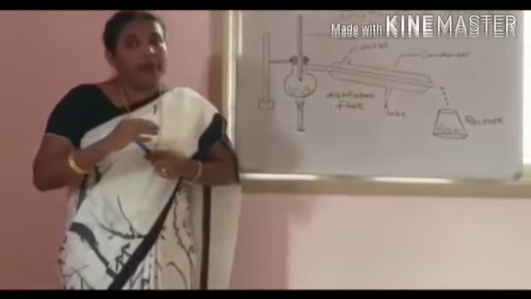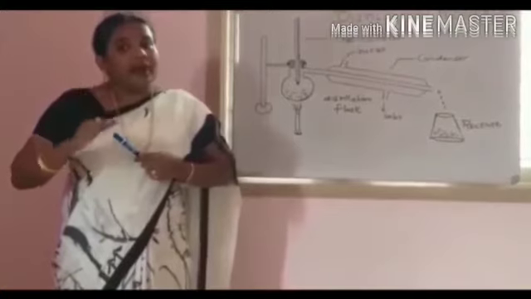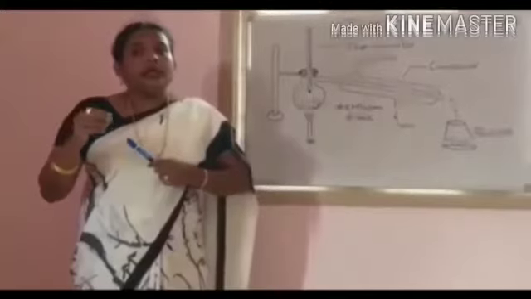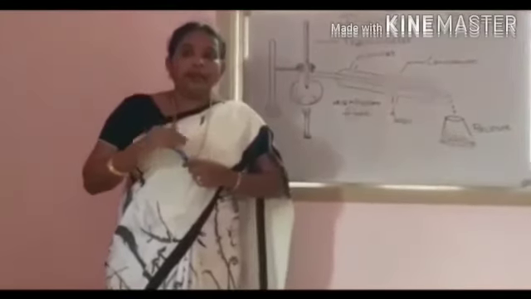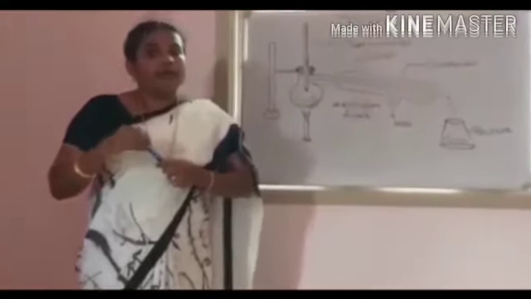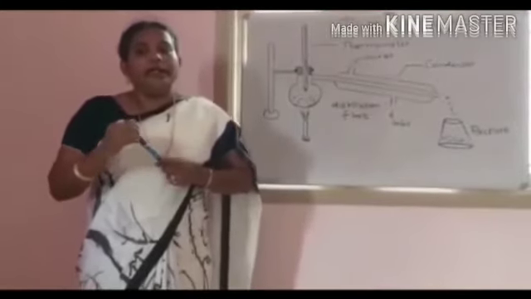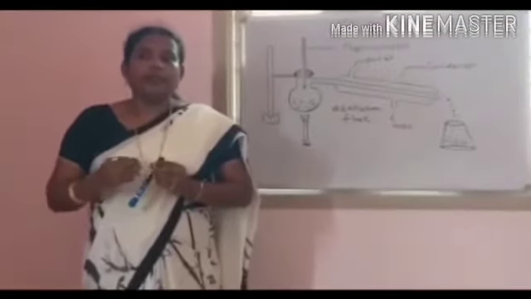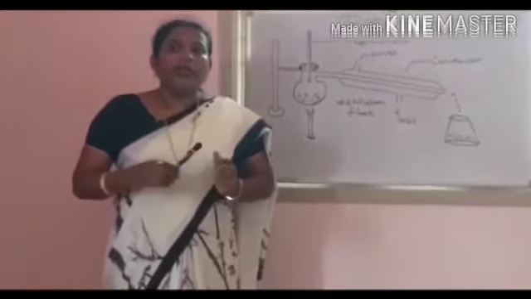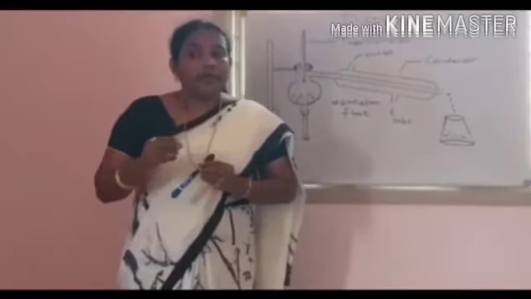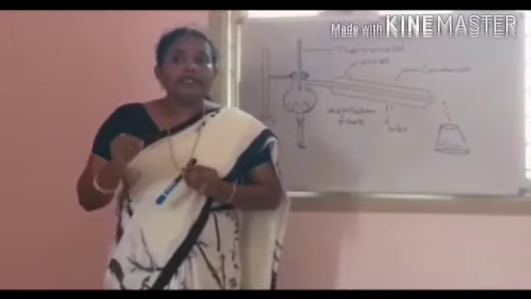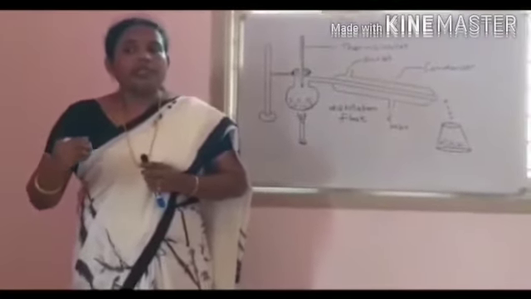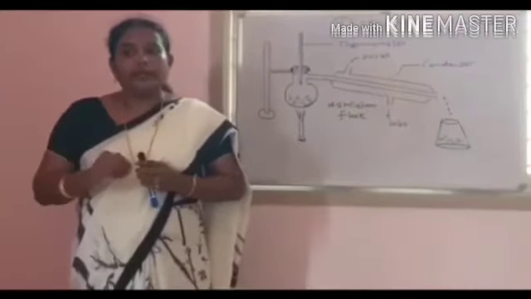Since the boiling point of water is high, it will remain inside the distillation flask, whereas the entire acetone gets collected in the receiver. Acetone and water have a difference in their boiling point greater than 25 degrees Celsius, so acetone can be separated from water by this method. When the boiling points of the two liquids are very close, then the simple distillation technique does not work. In such cases, we have to use the fractional distillation technique.